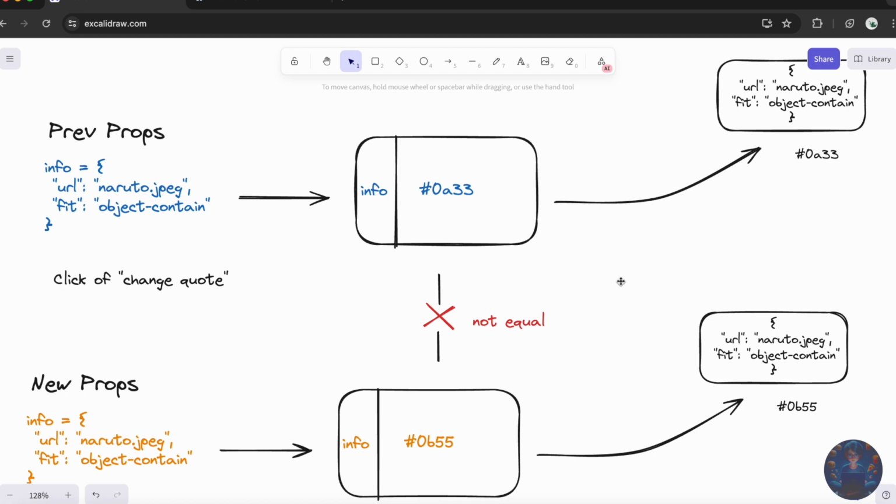Now, when you click on change code, consider that this is the previous prop and this is the new props. You can see the URL and the fit, both in previous and new, are exactly the same. But you have to look at how they are saved inside the JavaScript memory. Here you can see it's not the value directly, but rather a memory address, which will point to the actual